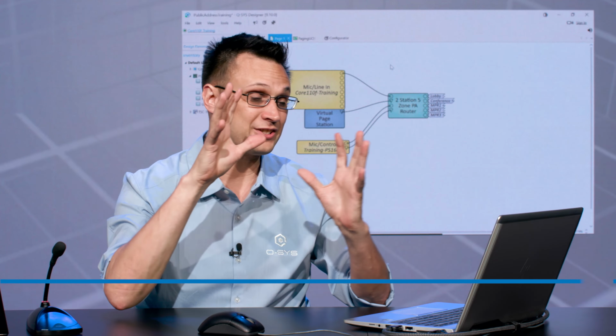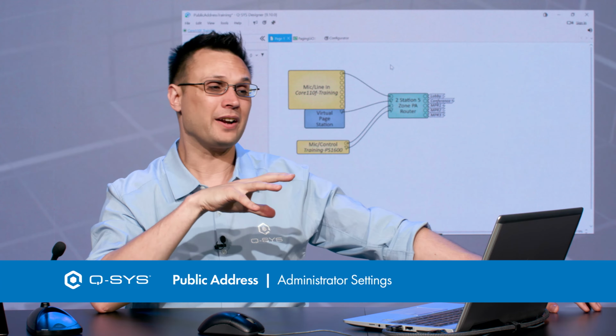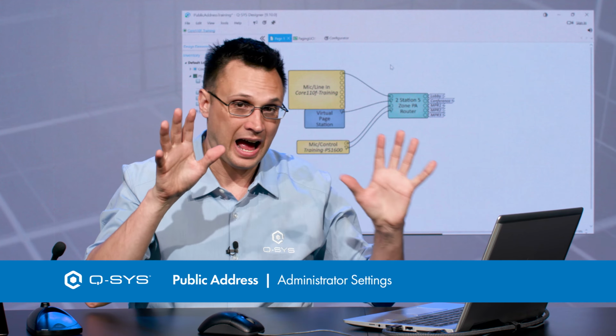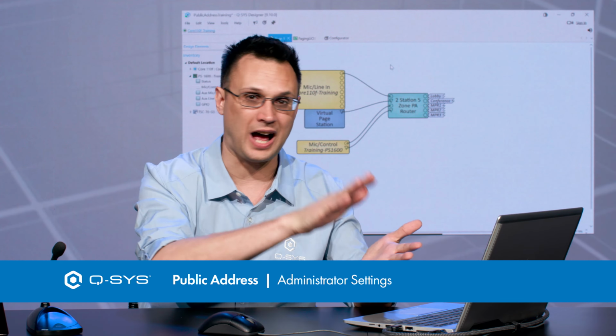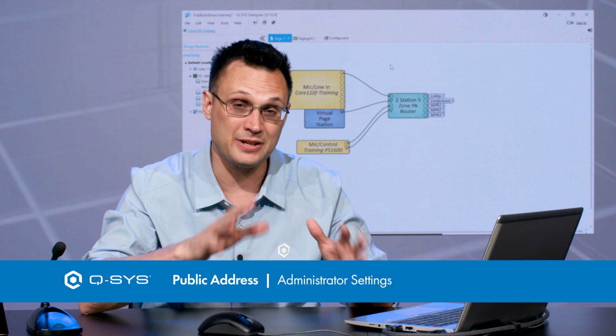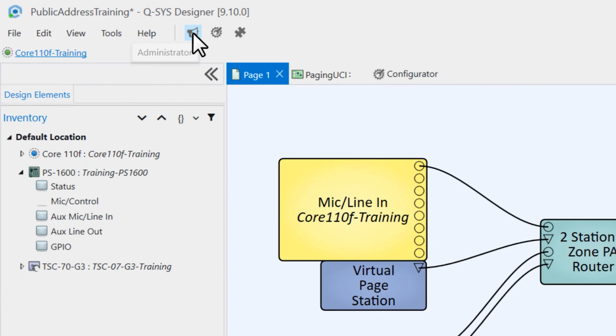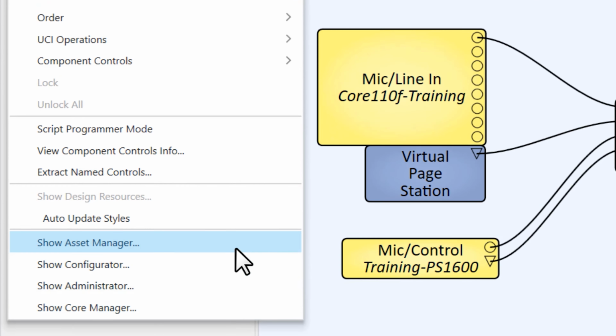Now, before I jump into any of the control panels on this, I want to go to the administrator. I said before that we're going to do a lot of bouncing around between different areas of the designer software, and the administrator is one of the ones we're going to be using the most frequently. You can do that by either hitting the little bullhorn icon at the top or by going to Tools, Show